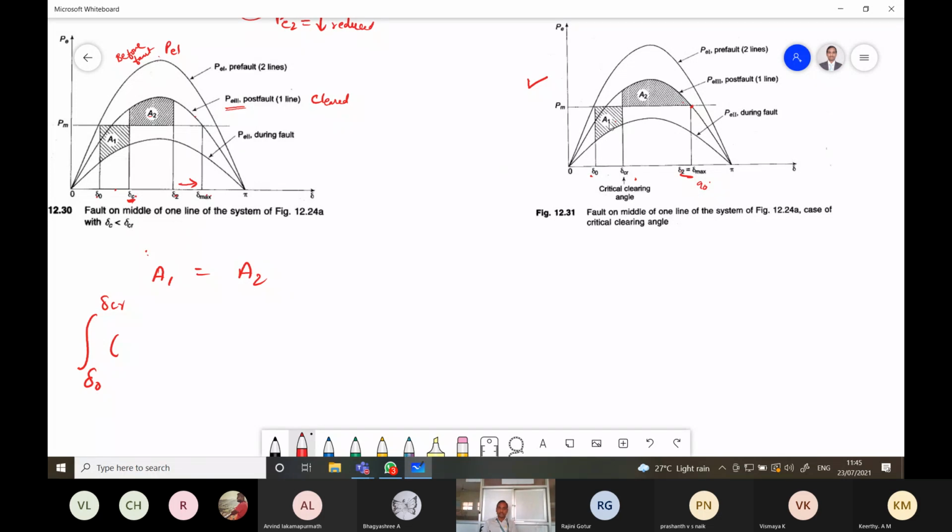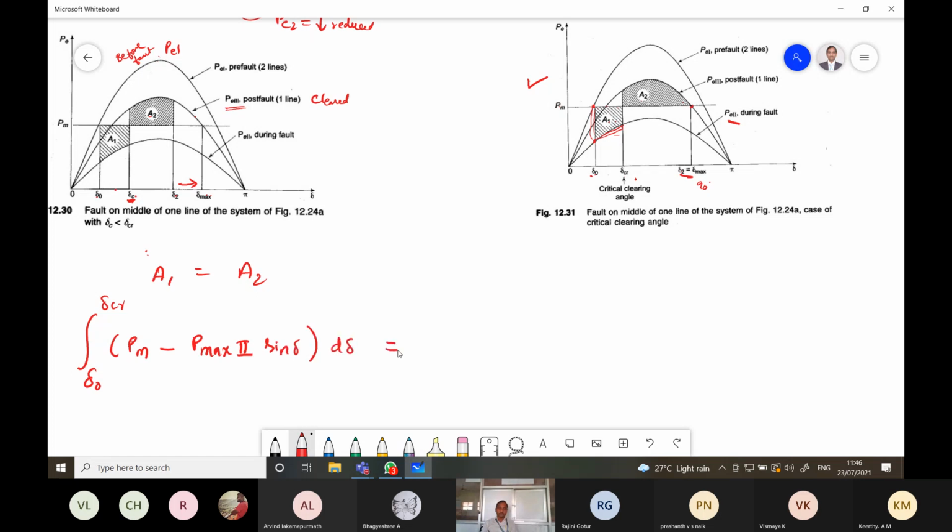So considering that the A1 value and A2 value are equal, we can write, initially, from delta naught to delta CR, what is the expression? PM minus P max 2, because during the fault P max 2 is there, from here to here. This curve we need to represent. So PM minus P max 2 sin delta